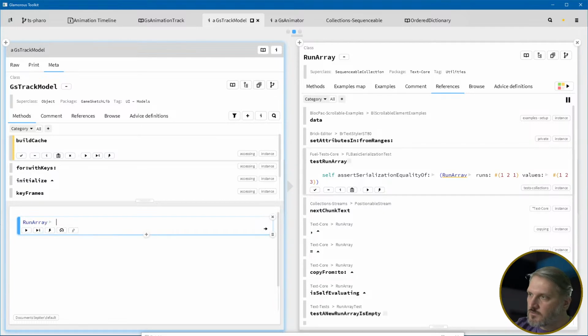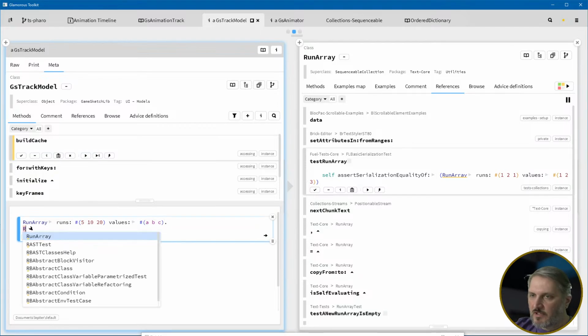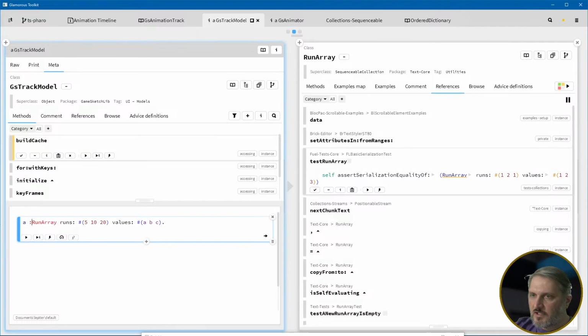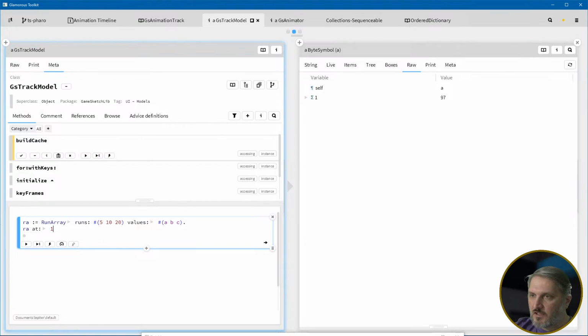Run array runs 5, 10, 20, and the values are A, B, C. Then I say RA is this, and RA at 1, I get A. RA at 5, I get A. RA at 6, I get B. Okay, so what I want then is